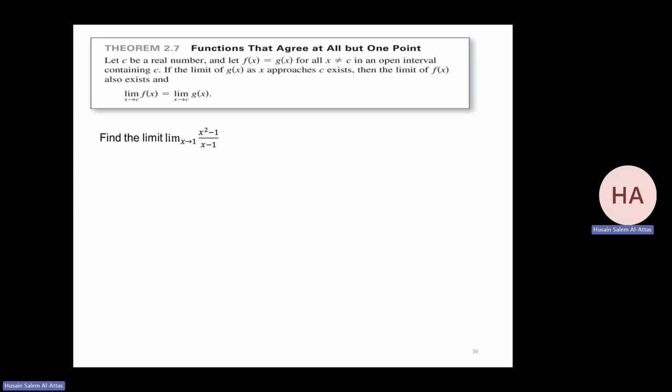The main idea: if you have two functions, f and g, and these two functions are always the same, except at one point, at x equals c, where they're not the same, their limit should be the same as x goes to c. So if we look at this function,